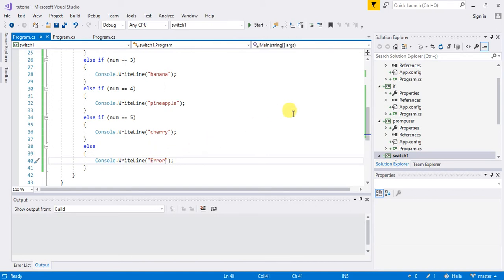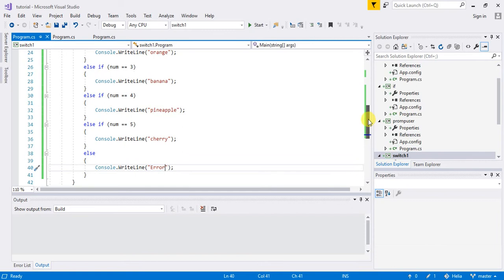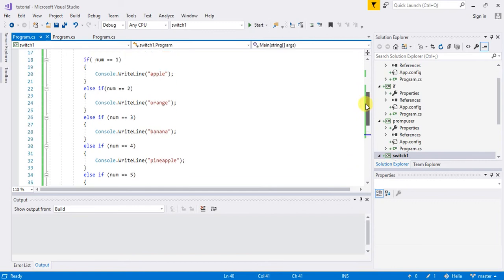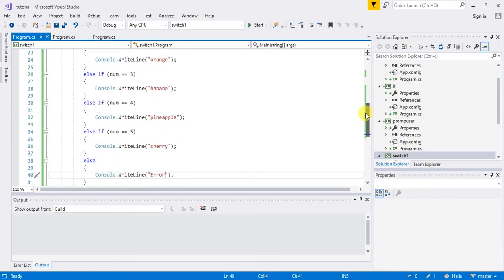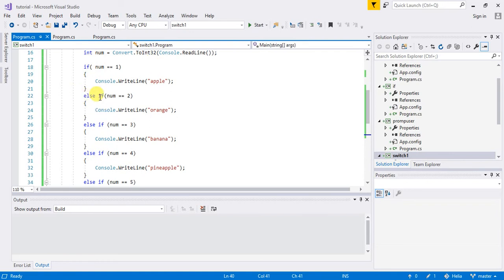So that means we're going to get apple and error together, which is not a correct answer. We're not supposed to get 2 answers with each other. So what we have to do is make sure that we have else if here. If you want, we can actually check it and see what happens